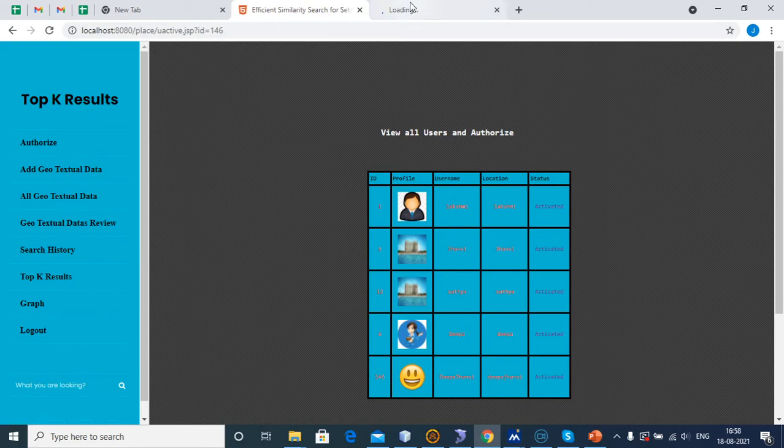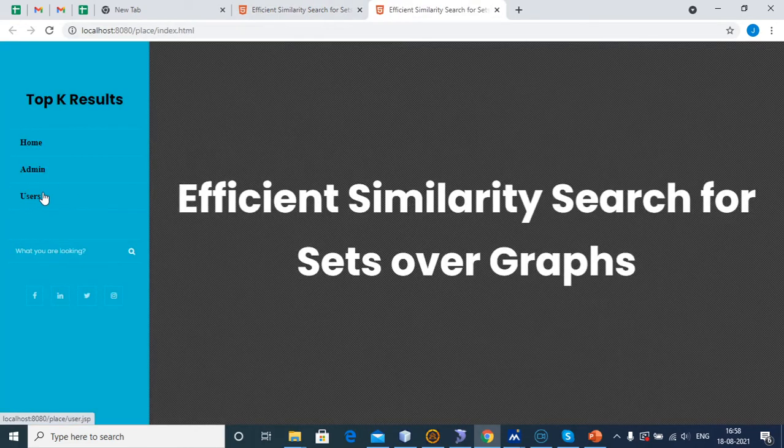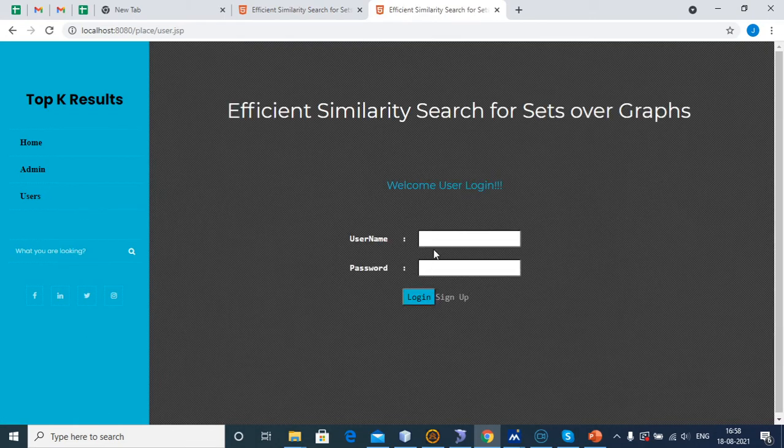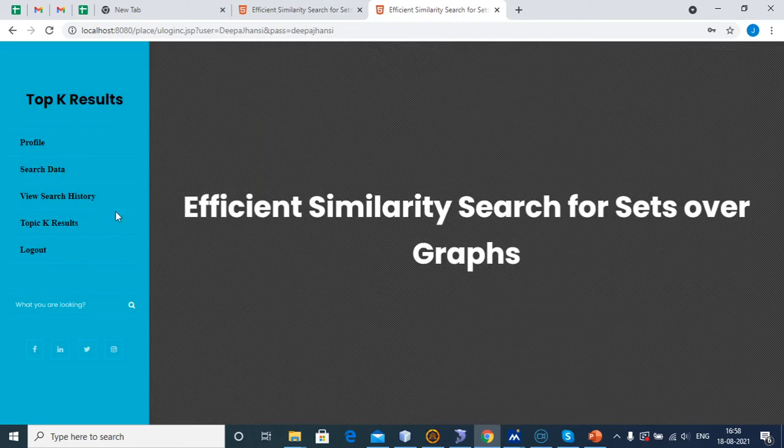Now the user can log in to the account with the correct username and password. Welcome data users.